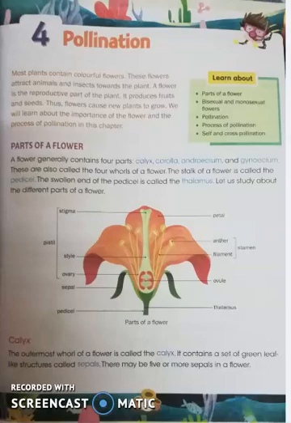Up to now we have studied different parts of the plant. So one of the parts of the plant you studied is the flower. Then what about the parts of the flower? We will study this. The flower generally contains 4 parts, that is calyx, corolla, androecium and gynoecium. These are called the 4 whorls of the flower.